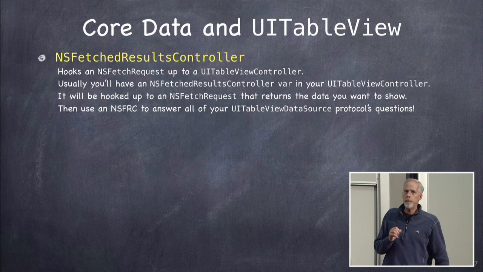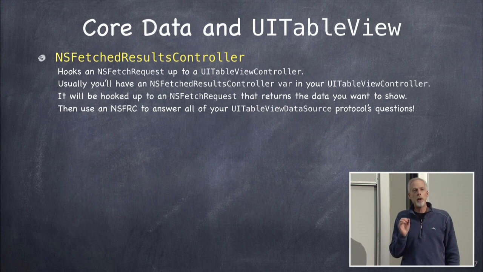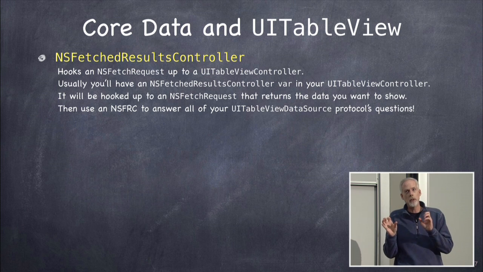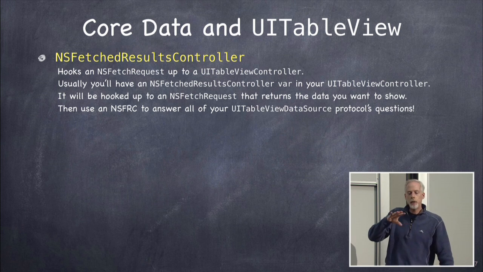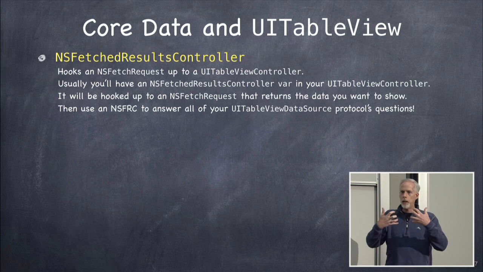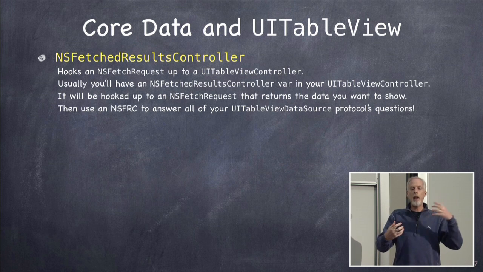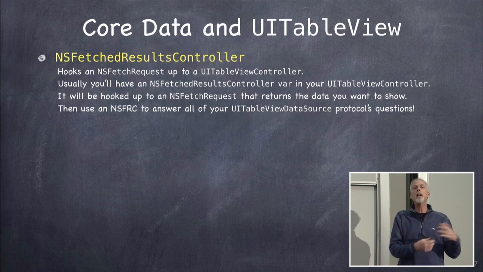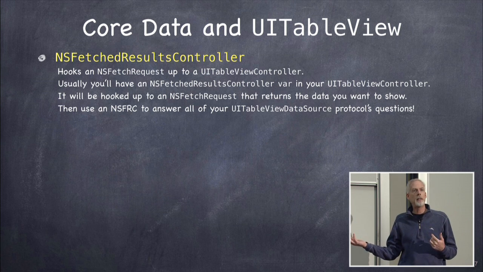So this is so common that Apple has invented this very important class called NSFetchedResultsController. This is not a view controller, okay? This is a controller that controls Core Data and UITableView talking together, but it's not NSFetchedResultsViewController, okay? And all this NSFetchedResultsController does is it hooks up an NSFetchRequest that you create to a UITableView. And it hooks them up in such a strong way that if anything changes in the database that would cause that fetch request to return different results, it updates the table automatically. You don't have to do anything.